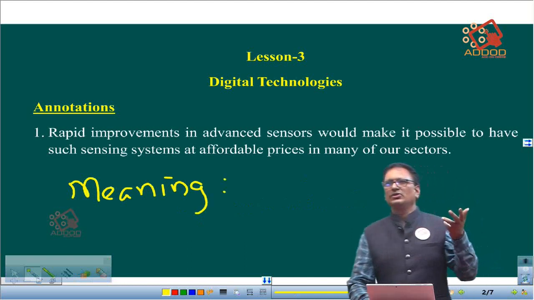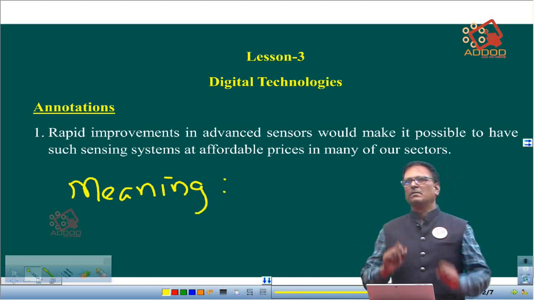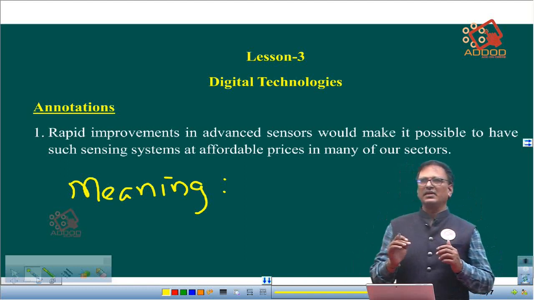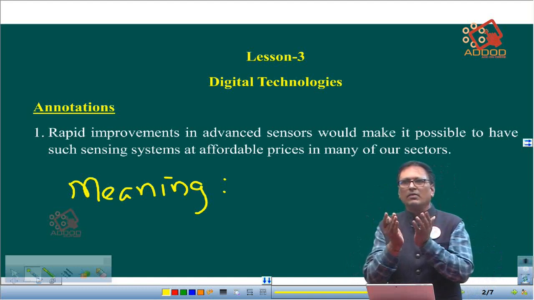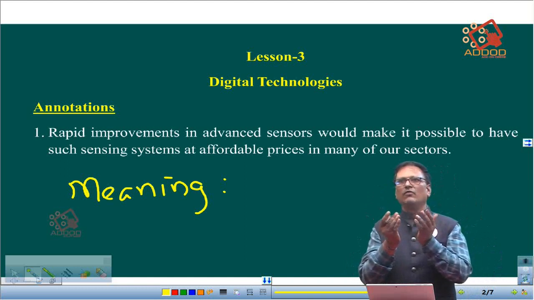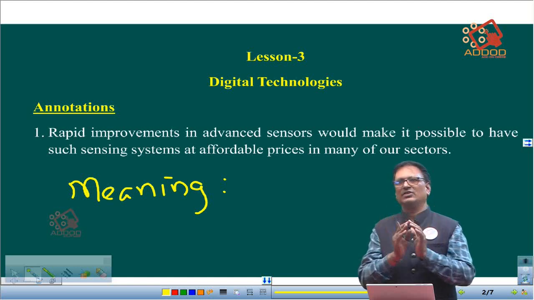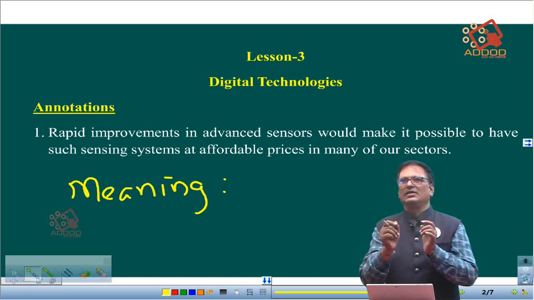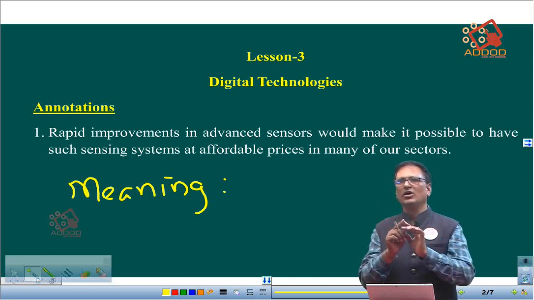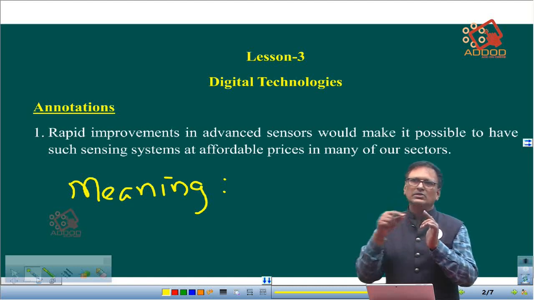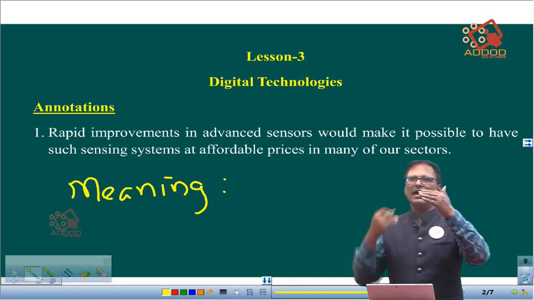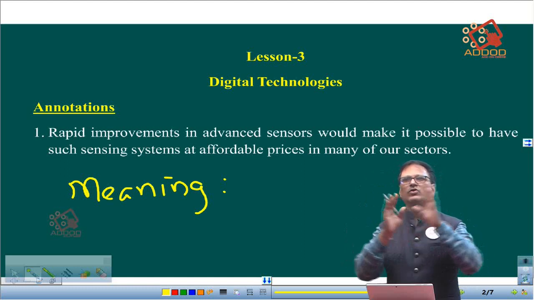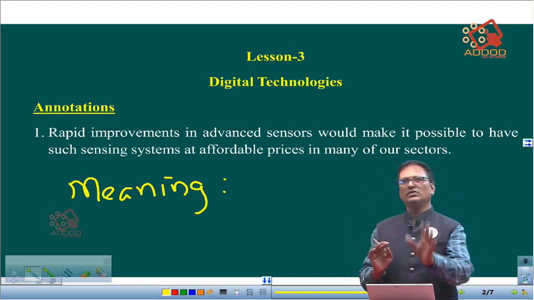Now what are the points that are covered under this meaning? The points that should be covered under the meaning are how this particular annotation is written in this particular lesson, from which context, and what is the meaning of that. Why has the writer written these lines, for what purpose. If you go through the lesson, you understand all that. So indirectly, around this particular sentence in the lesson, there are some points covered before and after. Those points, if you take, you will get the meaning for this annotation.